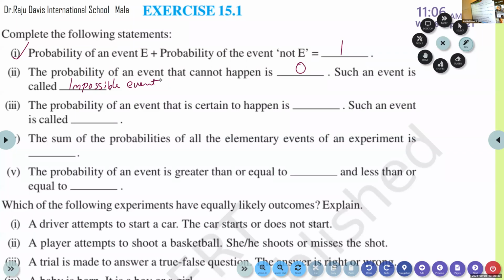Elsa, probability of an event that is certain to happen is 1. Such an event is called a sure event. Now, the sum of probabilities of all elementary events of an experiment is